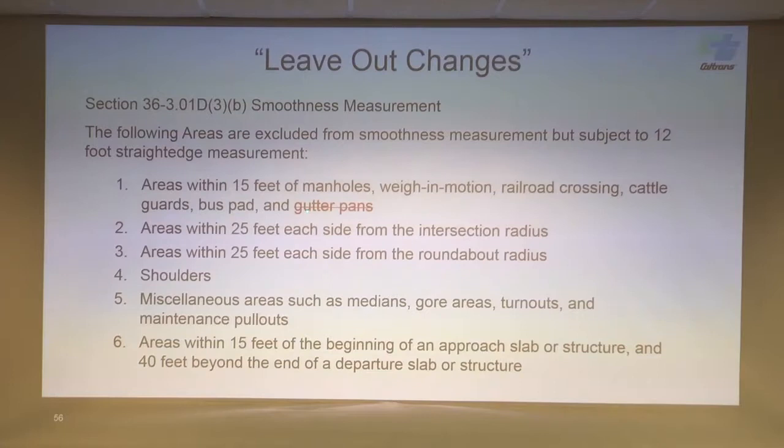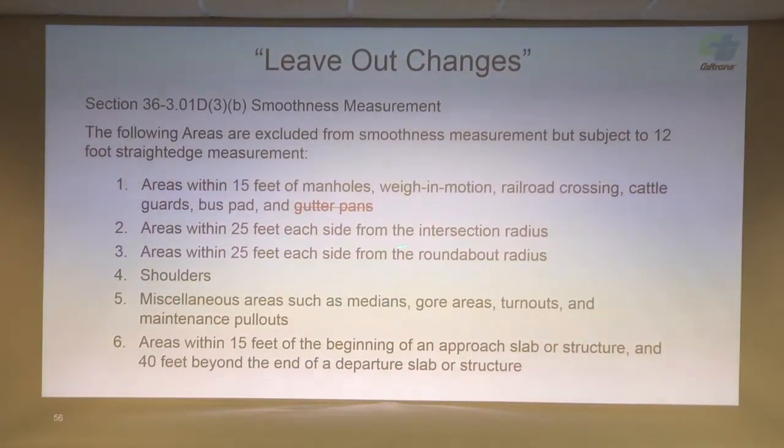Where industry wants to, if they have a shoulder that's 8 foot or 10 foot or greater, if it's less than 8 feet, they want to be able to waive the whole shoulder. I think it should be something less, but this is something that we have to work with industry and come up with an agreement. Contractors are supposed to pave the through lane first, and then if there's a gutter pan that they're having to tie into with a conform grind, they can come back and make a second pass. There are limitations on what's economically feasible and what's realistic, so we have to come to an agreement on what that is. It'll probably say within X feet of gutter pans.